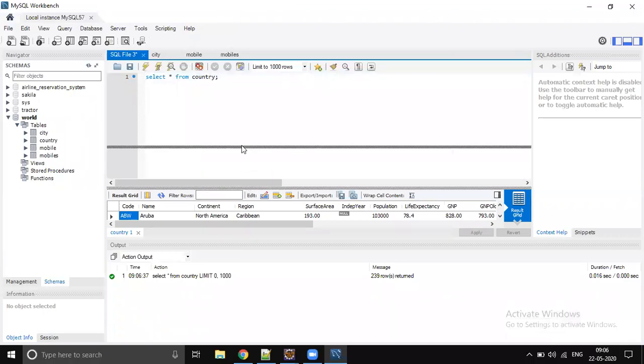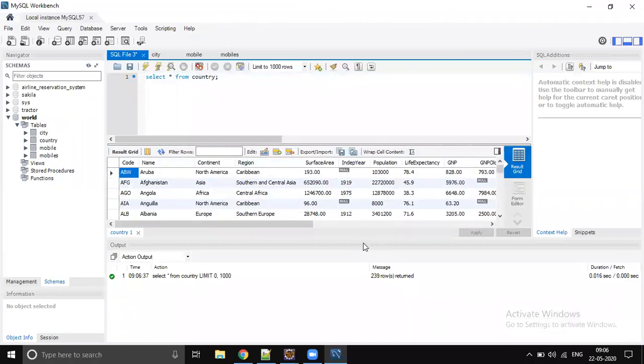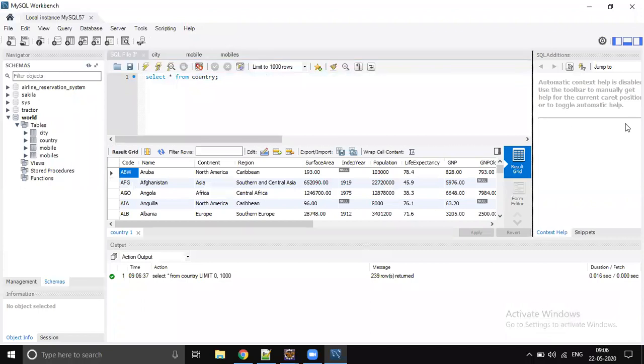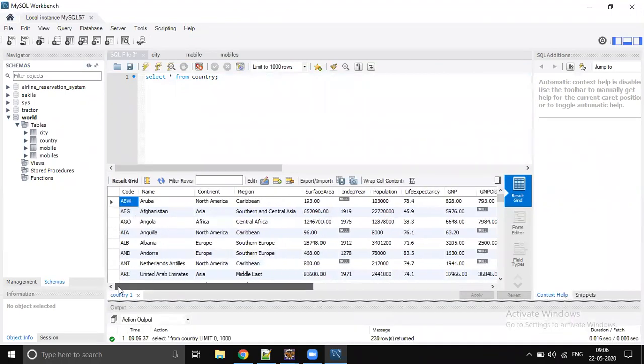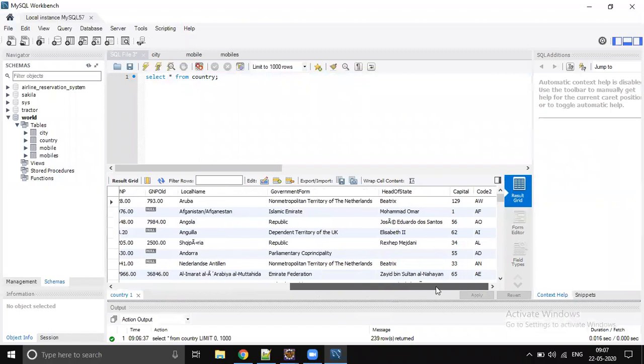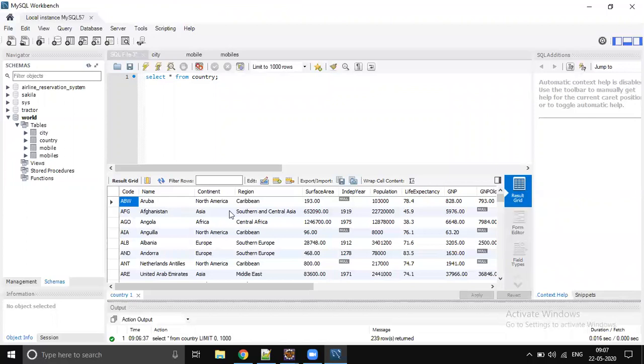We don't want that much data, right? I already shared this database information, so you just upload the data, and you have the same data as on my blog. So let's get the country code, country name, continent, region, population, right? Only 5 parameters.